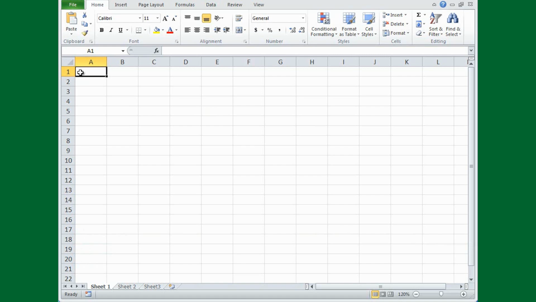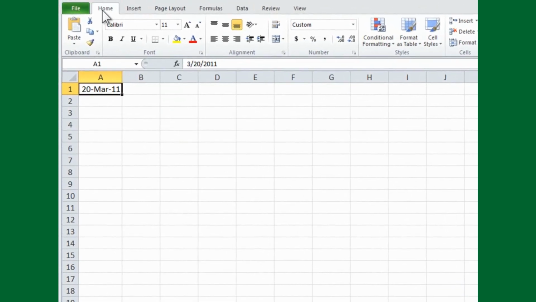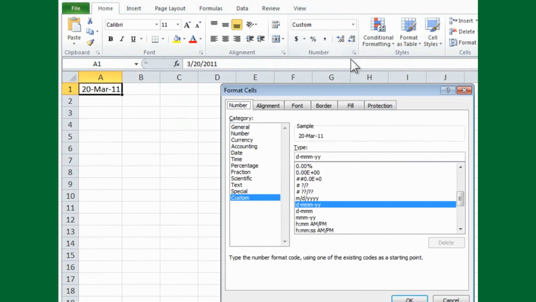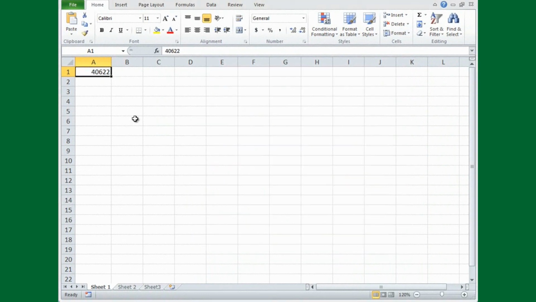To you and me, as I type March 20th, 2011 into my spreadsheet, we see a date. But Excel sees something different, what's called a serial number for that date. Here, I'll show you. On the Home tab, in the Numbers group, I'll click this little arrow that's called a dialog box launcher, and then click General. The date converts to serial number